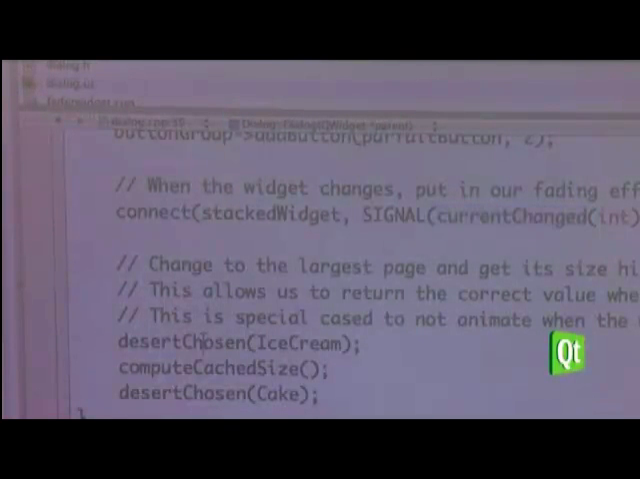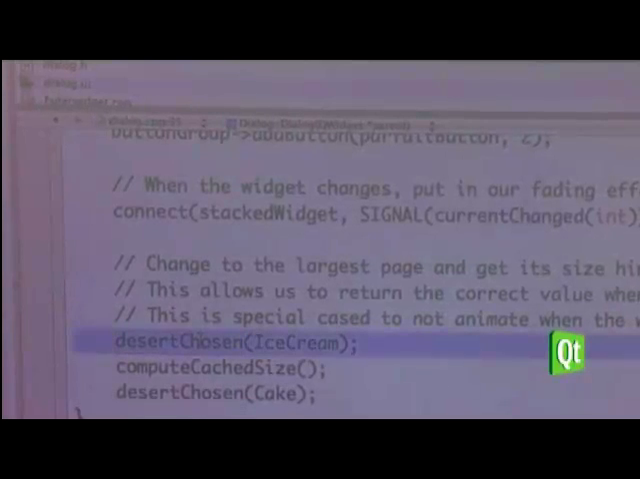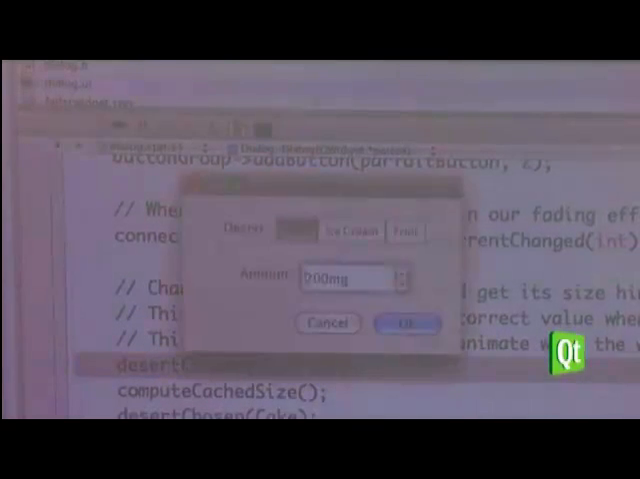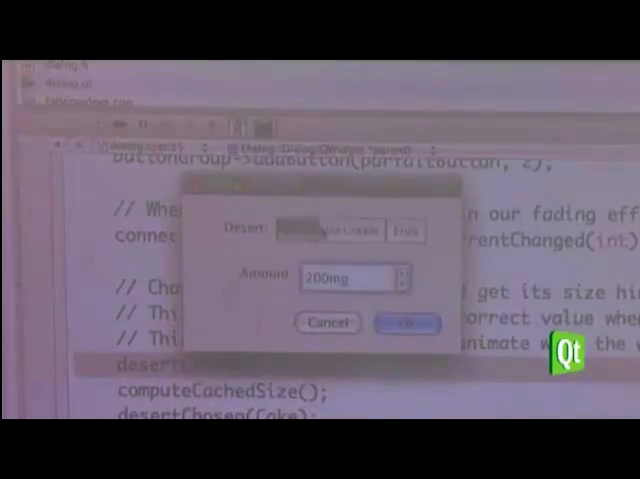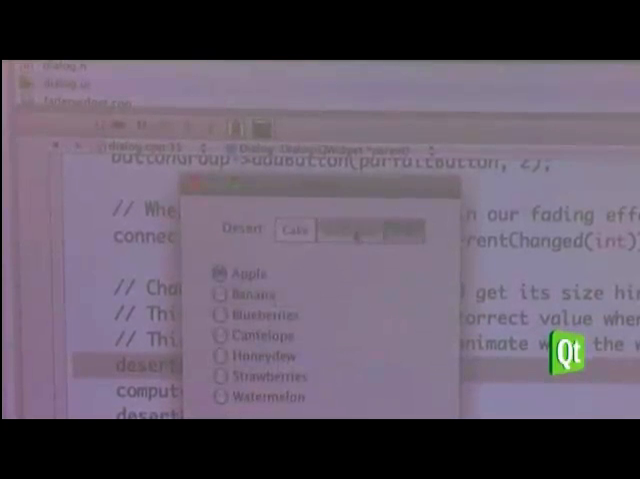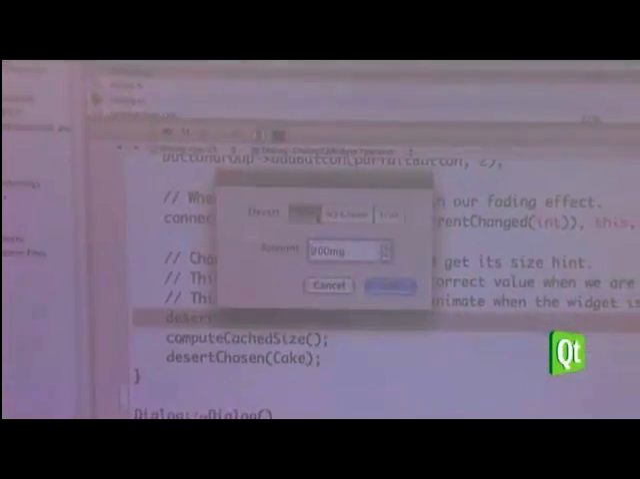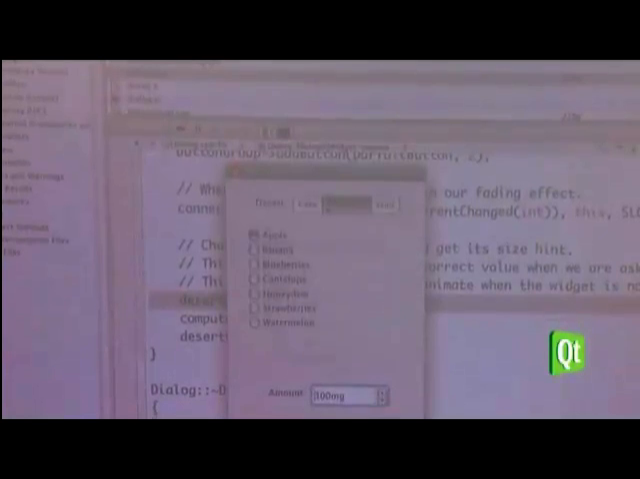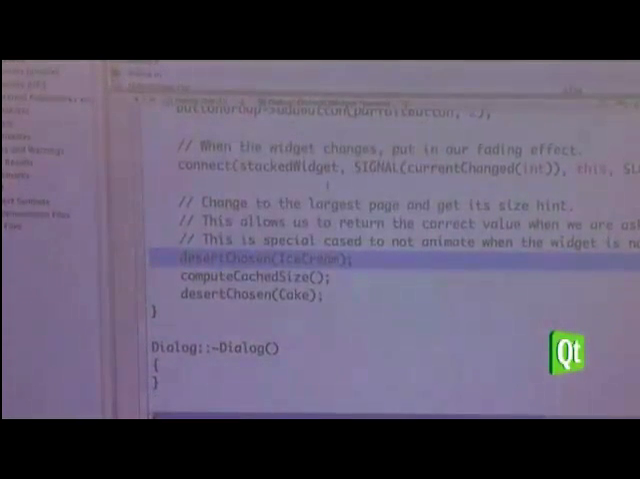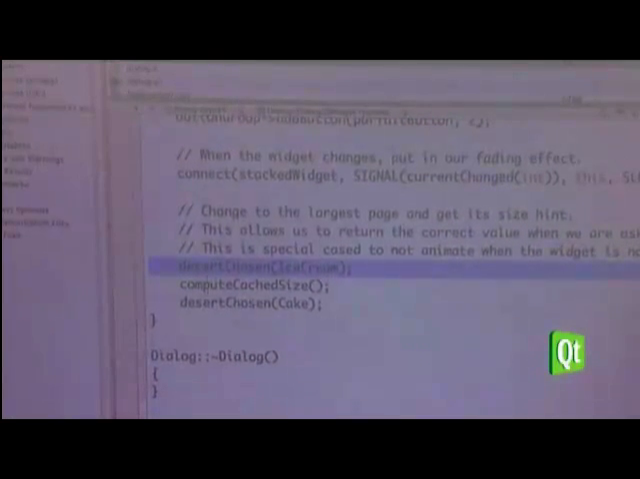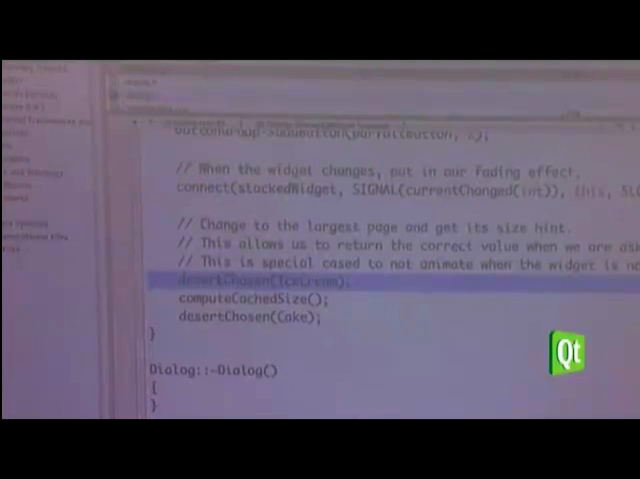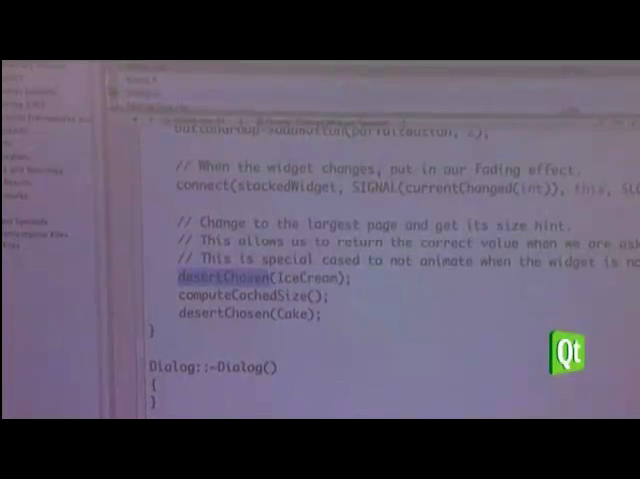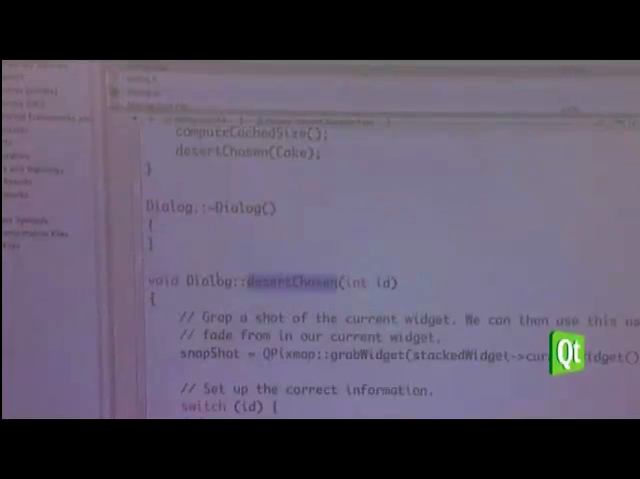So I first say I want to use ice cream, which is of course the biggest section of our example. If you remember, I'll just run it real quick again. You can see that ice cream is the biggest one of this, and cake is the smallest. Fruit is in between. So to make that work, before I've actually shown the widget, I say, change the thing to ice cream. And inside my chosen function,